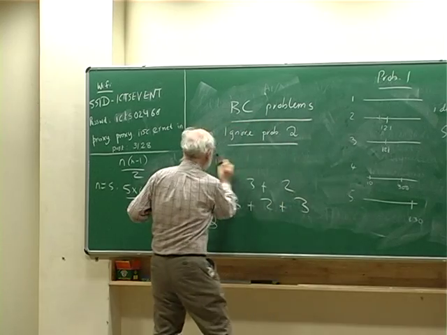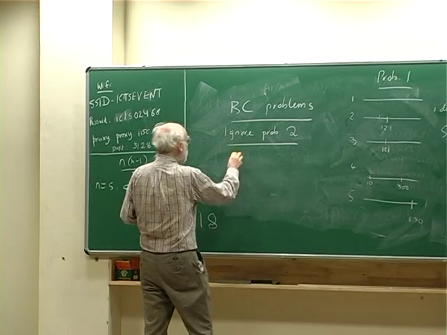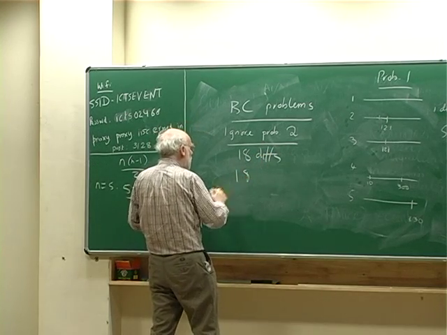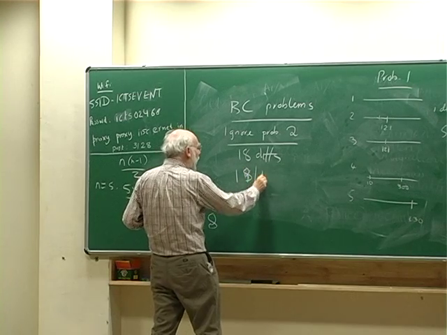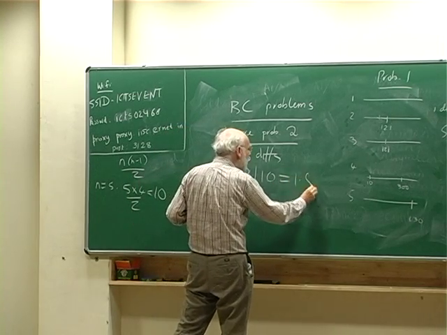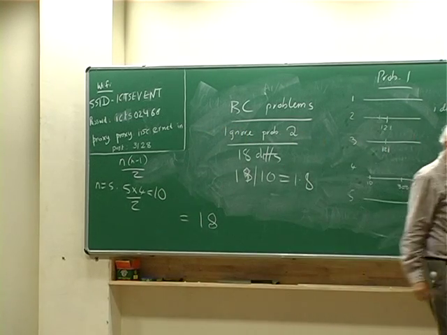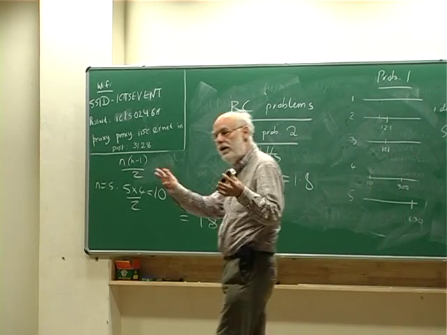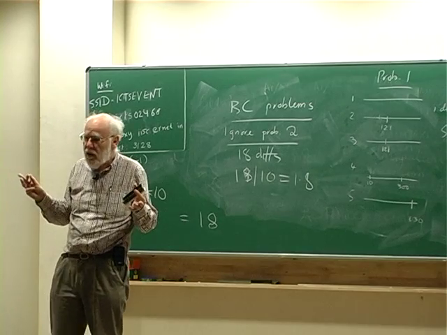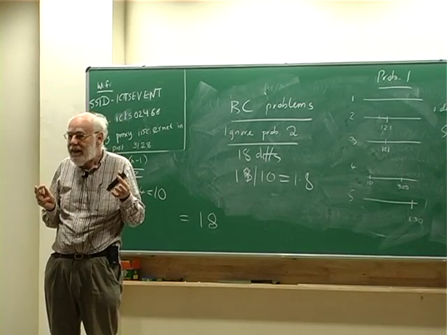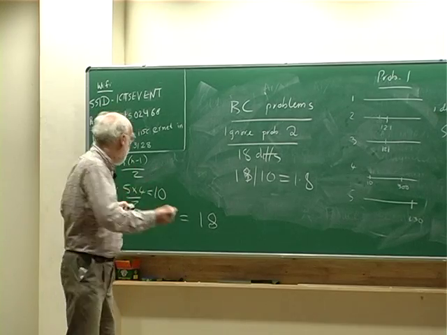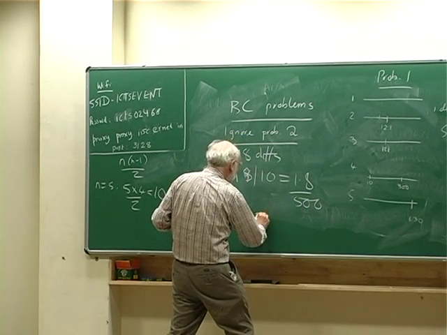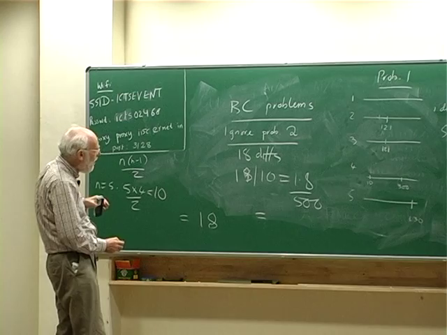Right. So I'll rub this lot off. We've got 18 differences. So what do we do? We divide 18 by 10. That's 1.8. I've got that right. And what else do we do? Somebody over here. We've got 500 base pairs in the sequence. We want to get the pairwise difference per base pair. 500. Okay, so it's 1.8 over 500, which is the really hard part of the problem for me,